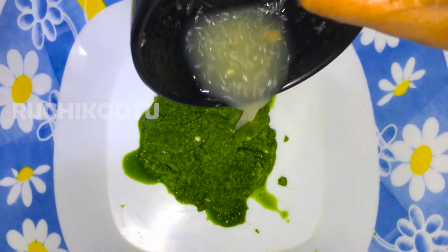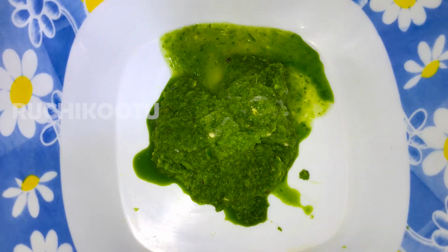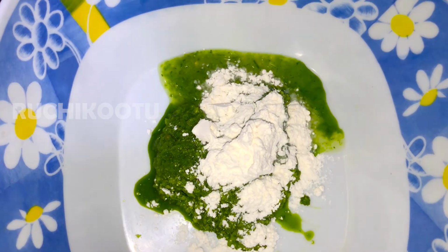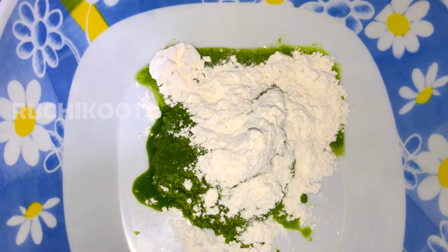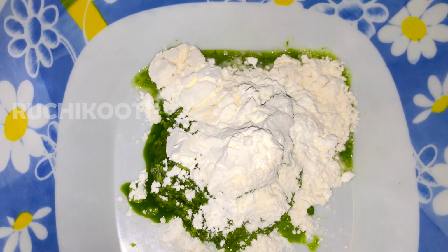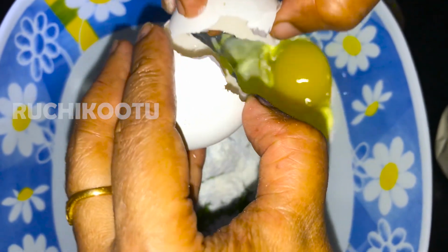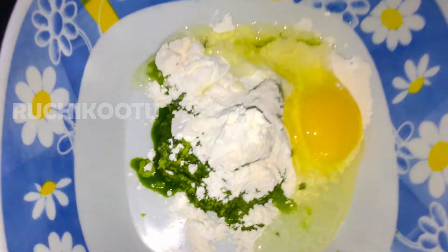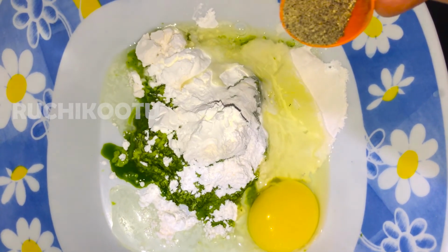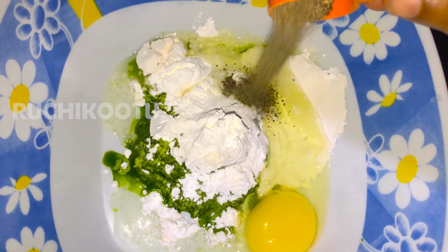To this, add the juice of 1 lemon, add 2 tablespoons of all-purpose flour, 1 tablespoon of corn flour, an egg, one tablespoon of pepper,